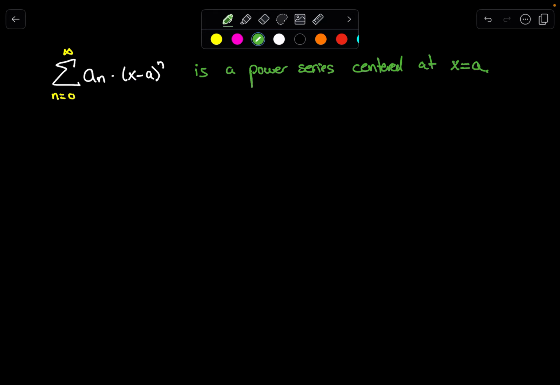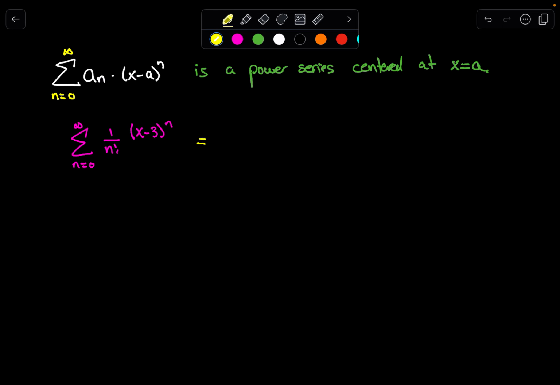And so what this might look like is that you have a power series like the sum from n equals 0 to infinity of 1 over n factorial times (x minus 3) to the n. And I claim that this is still